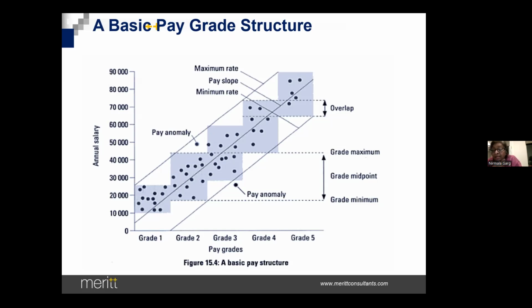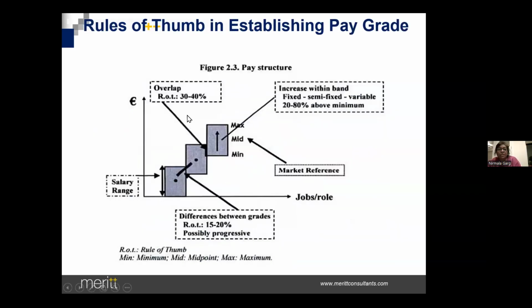If my new higher grade does not have an overlap, and I want to give Ramachandran a higher salary because he's a very good performer, what will happen? I'll have to promote him, which means my wage cost will be higher, increasing. So the higher you go, the overlap also will be a little higher, because your staying period has to be a little longer. Now with this, we end the pay structure and we will come to some metrics called